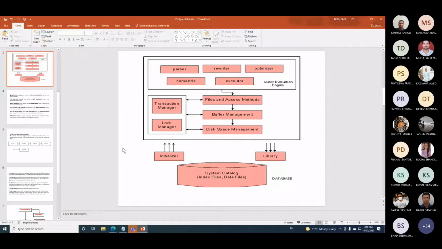So you must have heard the word commit. Have you heard commit and rollback? Can somebody explain the meaning of those words? What is commit and what is rollback? If we made changes in a transaction and we give the command commit, then all the changes get saved.